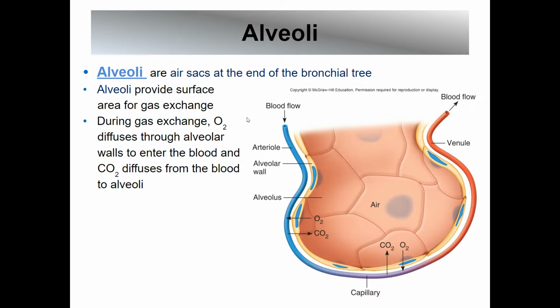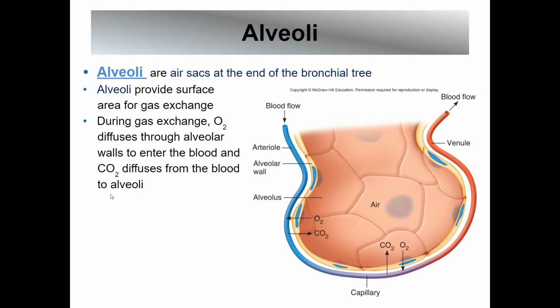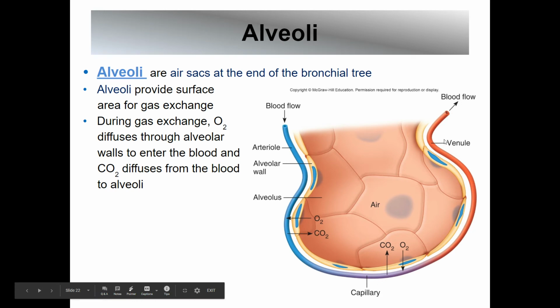During the gas exchange, the oxygen diffuses through the alveolar walls. These are one cell thick. And the CO2 diffuses from the blood to the alveoli to then be expelled as waste. And they're surrounded by capillaries. So you can see capillaries and